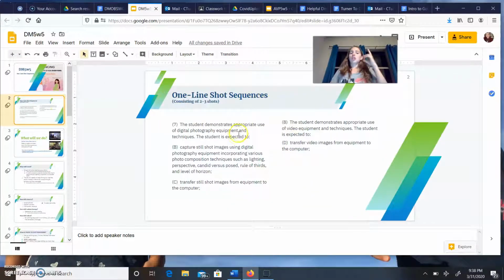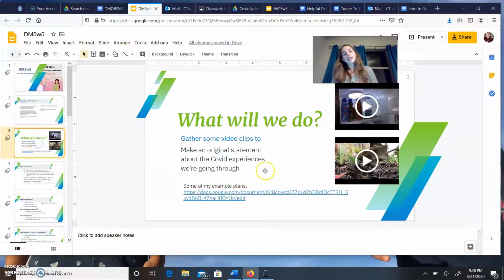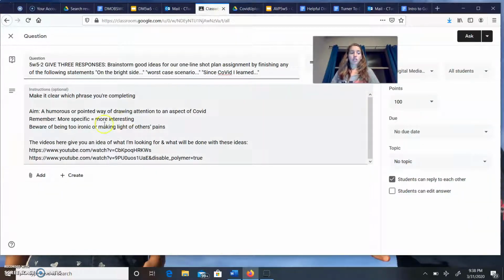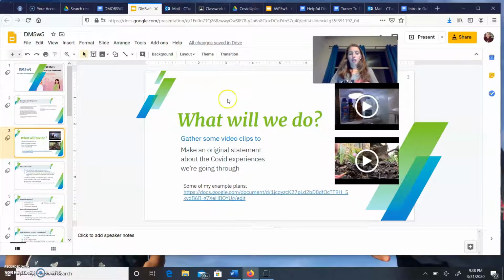As a reminder, it will consist of 1 original shot and then 2 additional supporting shots, or 1 depending on what it needs. So I have a couple of examples which I have attached to the assignment in Google Classroom. So click these YouTube links and watch the examples. I'm not going to play them here, but one is I just say one line. I say worst case scenario, we use coffee cream for milk.